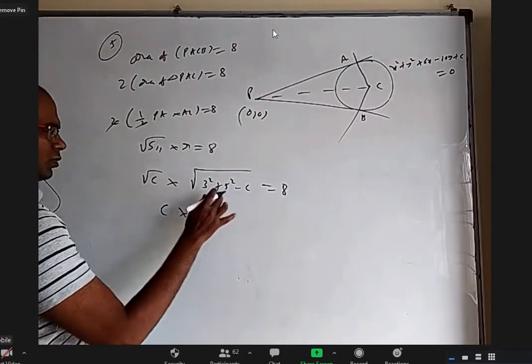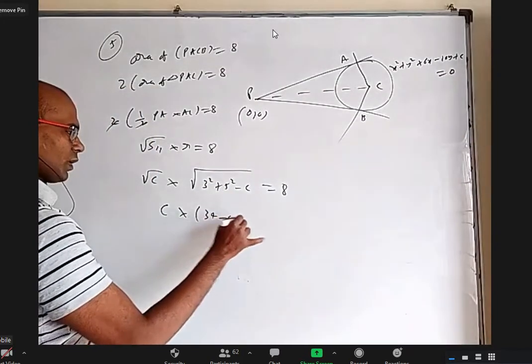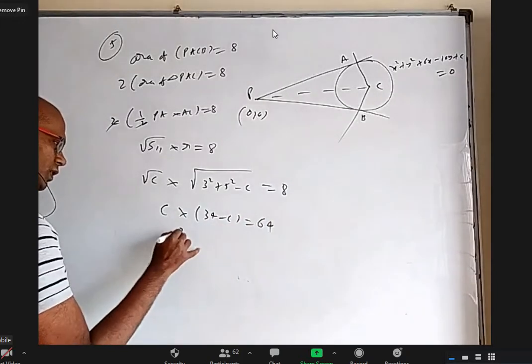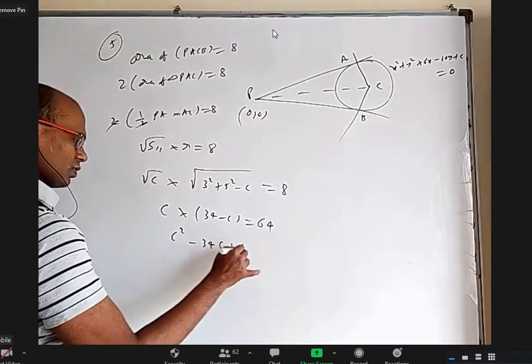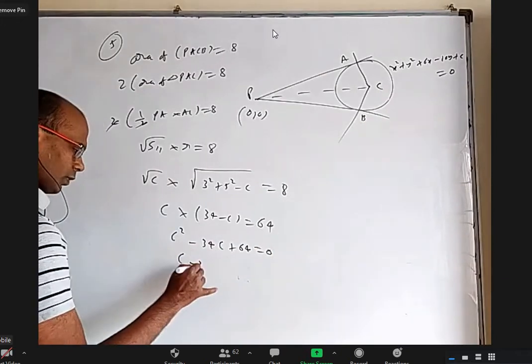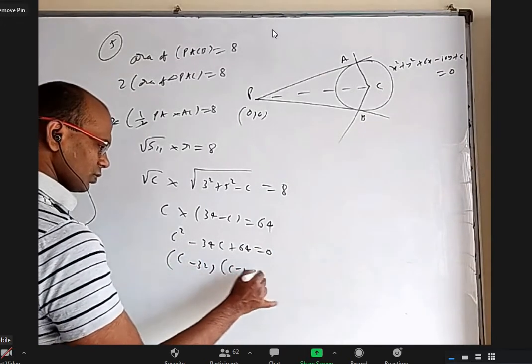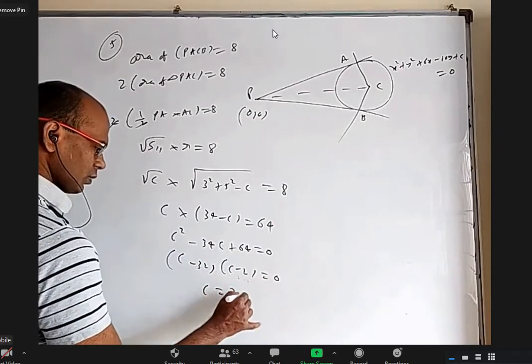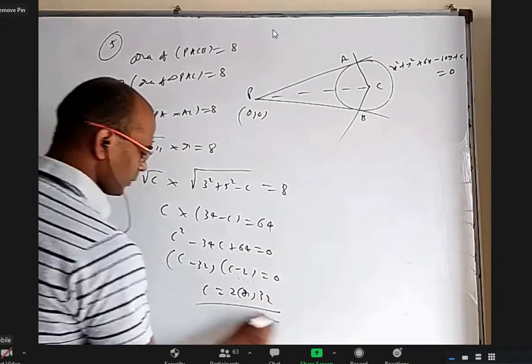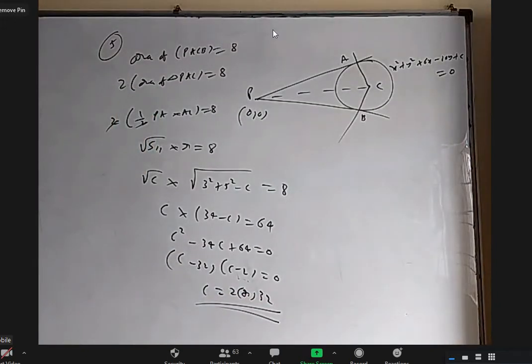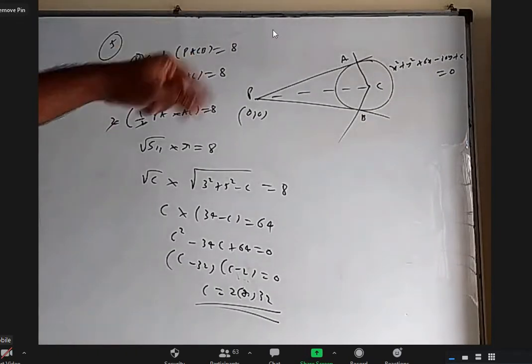C into 25 plus 9, 34 minus C equal to 64. C square minus 34C plus 64 equal to 0. C minus 32 into C minus 2 is 0. C equal to 2 or 32. So just because we got two answers, they gave it more than one answer, but otherwise we already came across